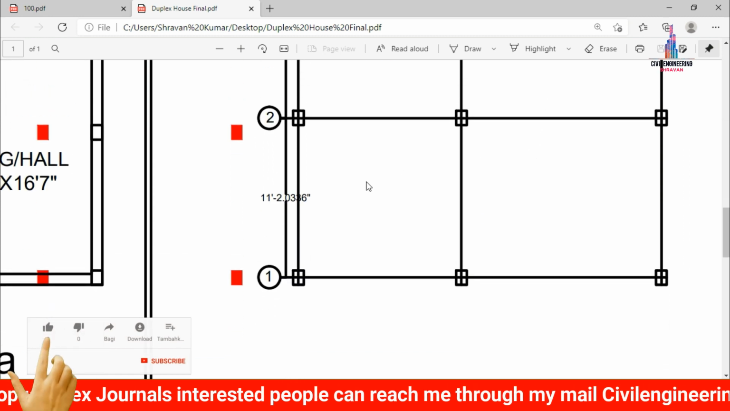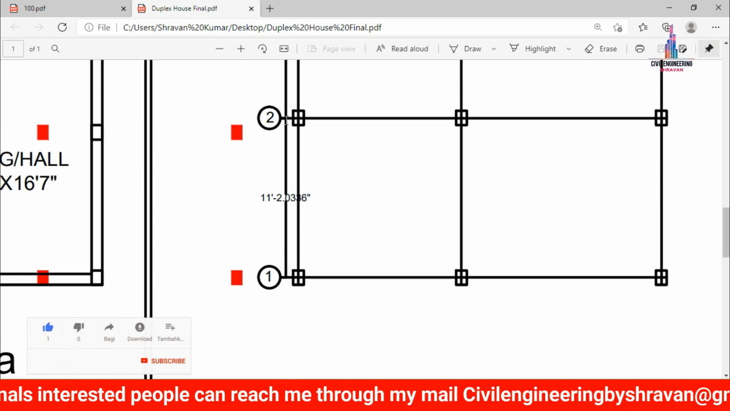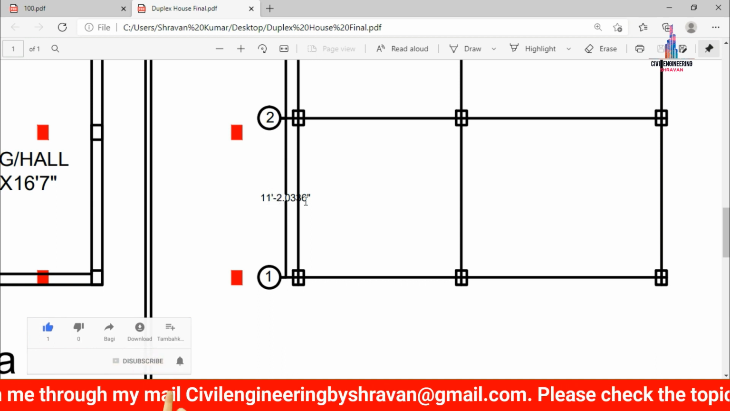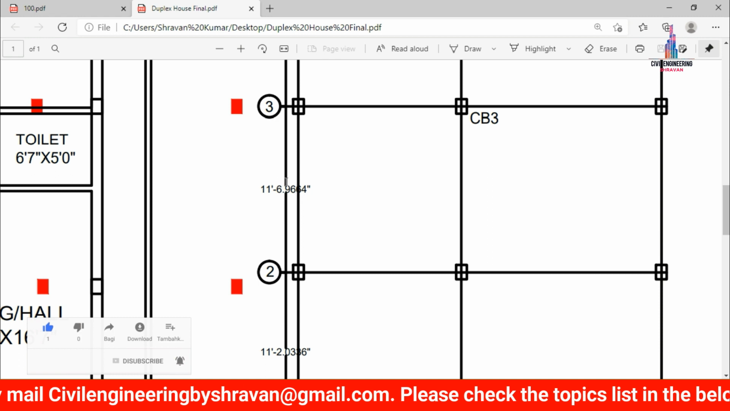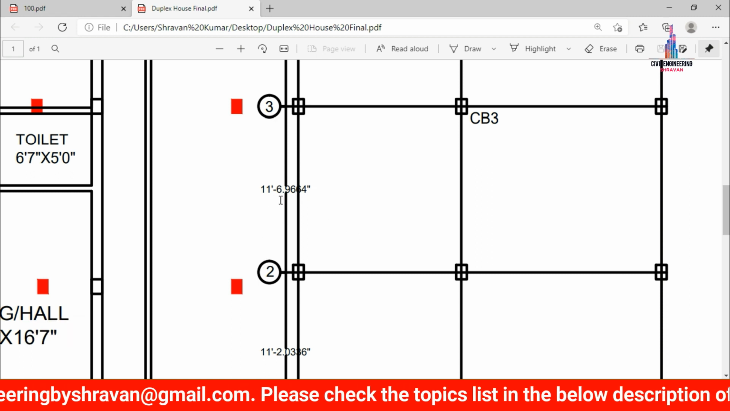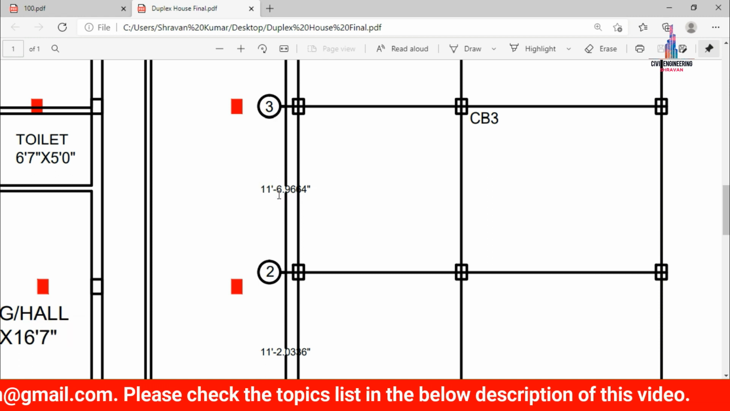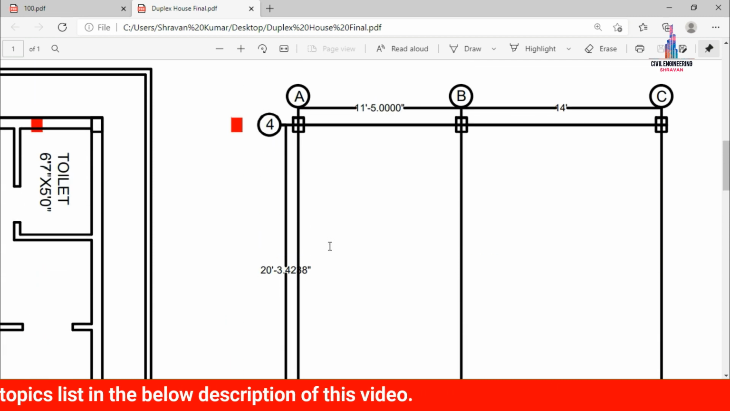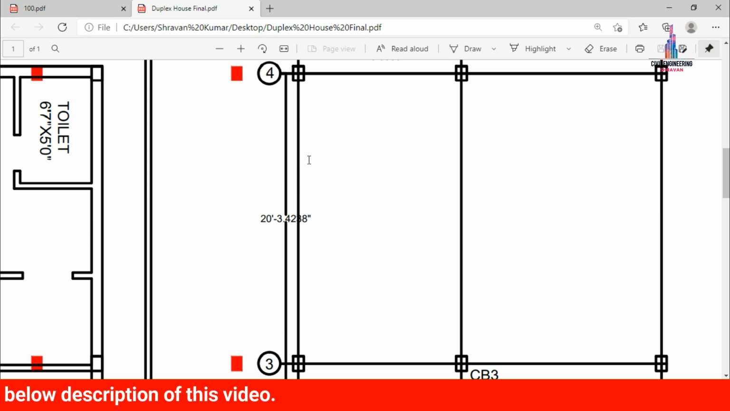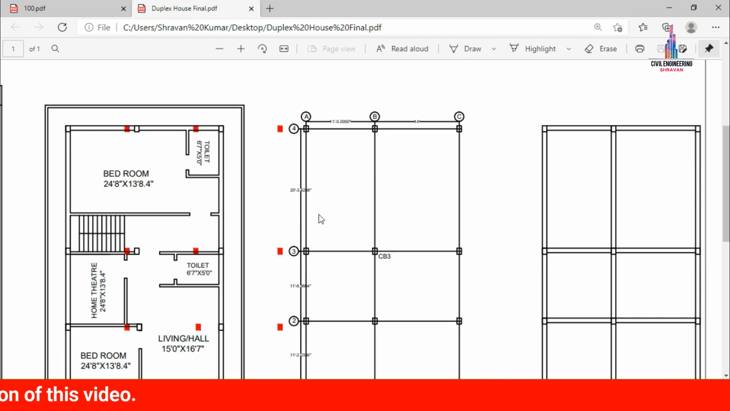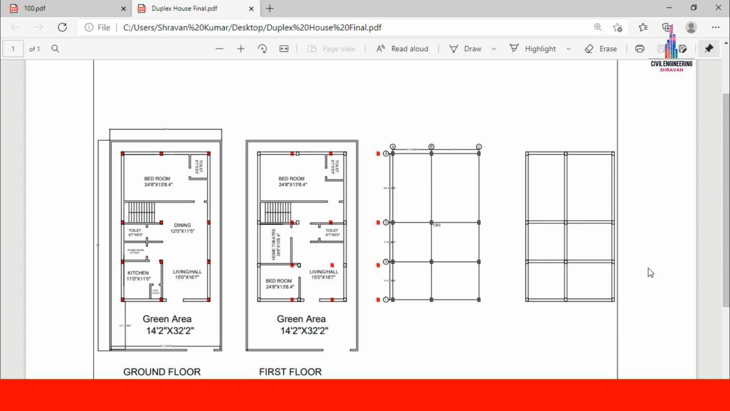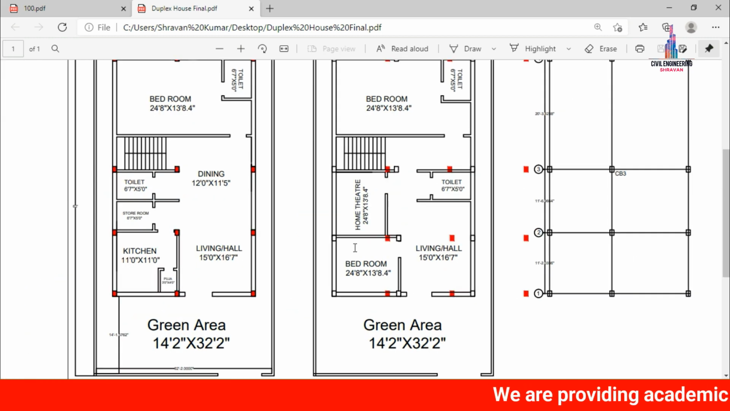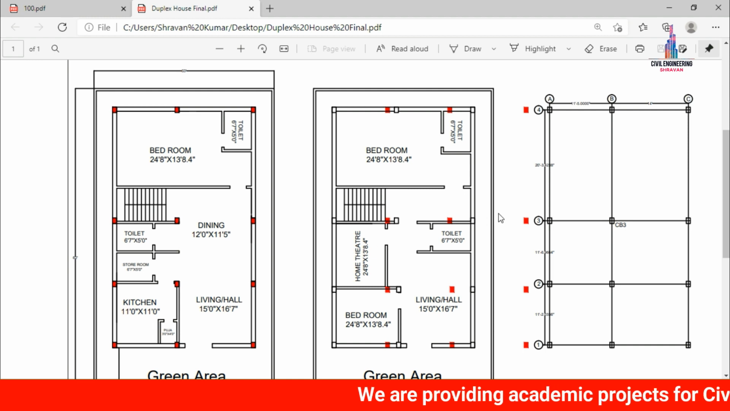Again, in the same way, the first grid to second grid distance is approximately 11 feet 2.0336 inches. The second grid to third grid is approximately 11 feet 7 inches, and the third grid to fourth grid is 20 feet 3.5 inches here. Okay, this is the center to center distance between the columns, and this is the layout related to the beam sections. Okay, this is the complete details about the duplex house plan